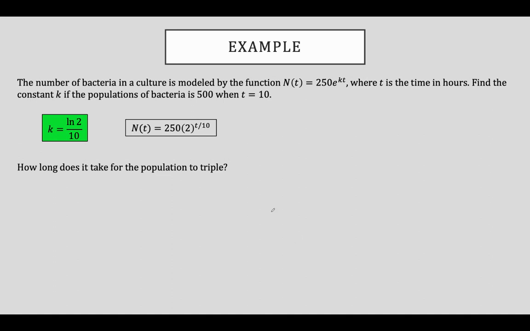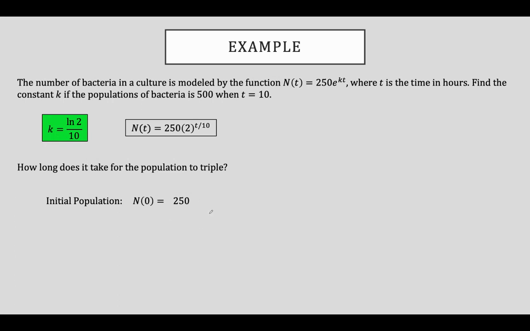Well, tripling the population means that we need to know the initial population first, right? What is the initial population? Initial population means the population at time t equals 0, right? Time starts at 0. So we plug in 0 for t, and if we plug in 0 for t, well, 2 to the 0 power is going to be 1. 250 times 1 gives us 250